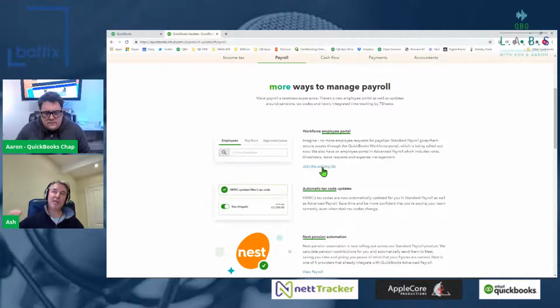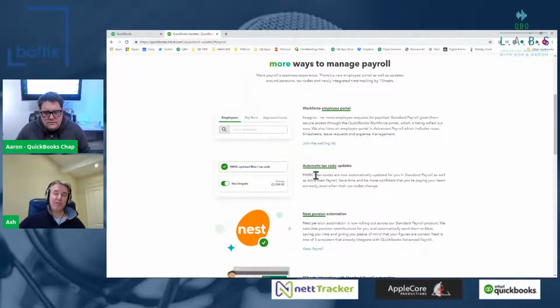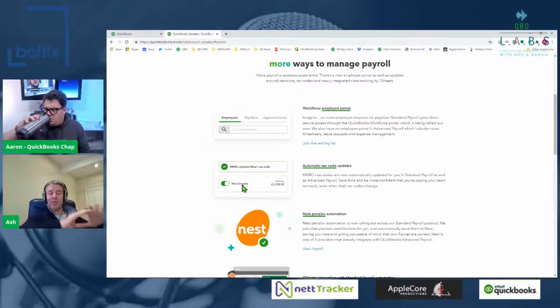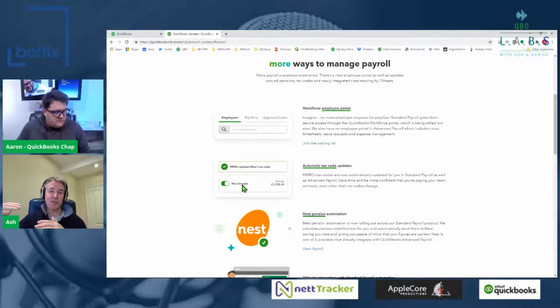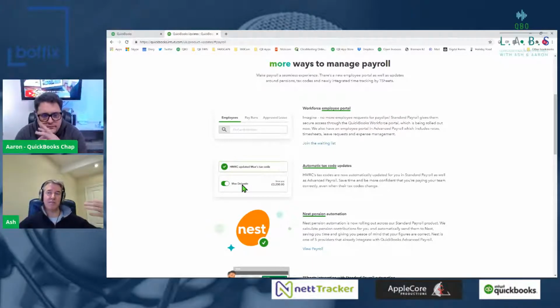And also within the QuickBooks Online Standard Payroll, you've got automatic tax code updates. So a feature, again, that was just within the Advanced Payroll, it will now automatically start updating employees' tax information. So the payroll in QuickBooks keeps in contact with HMRC, and if a tax code changes, each time you put a submission through to HMRC, looking at all the details that are there, that should update that tax code for you. So do keep a lookout for that.